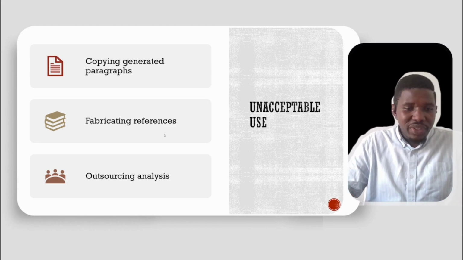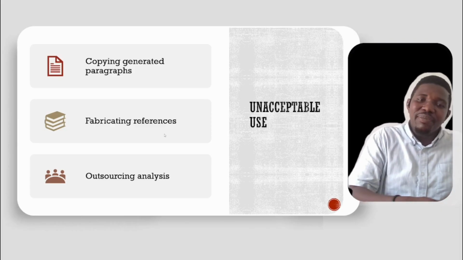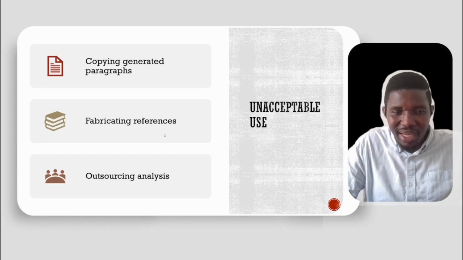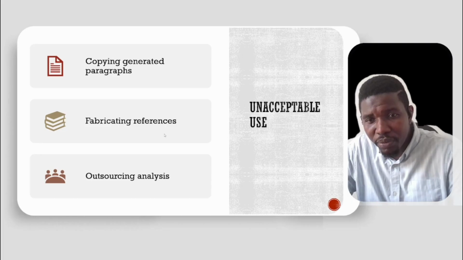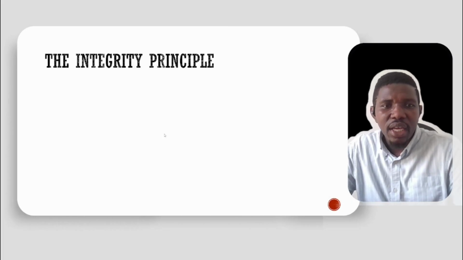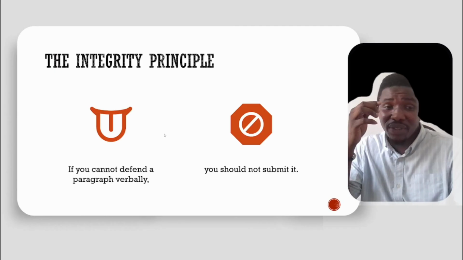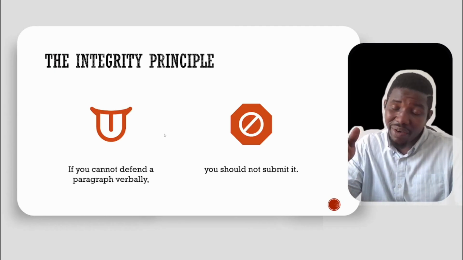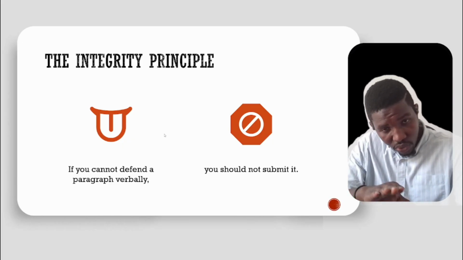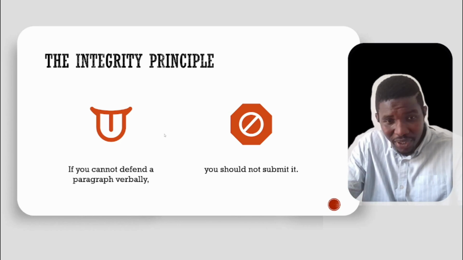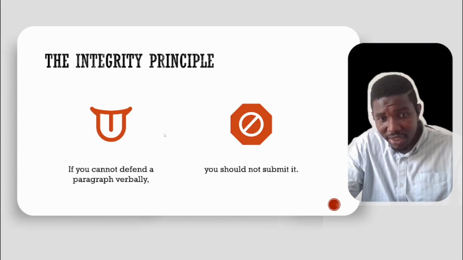You must let this process be part of the way you are trained. Undergraduate degree is like an apprenticeship degree. Master's degree is when you become a master in the work that you were an apprentice in. And PhD is when you are a doctor, a master, a senior pro of it. Take time to let these things help you. Okay. Integrity principle. You cannot defend the work with your own voice if you submit it without reading. Do not. It's as simple as that. If you cannot defend it, do not submit it.